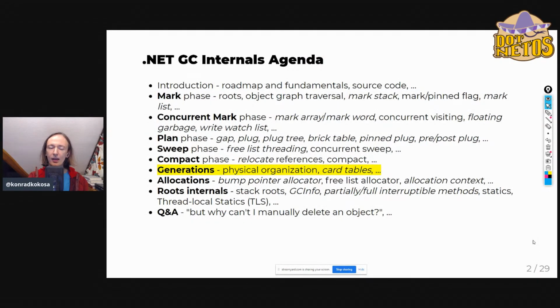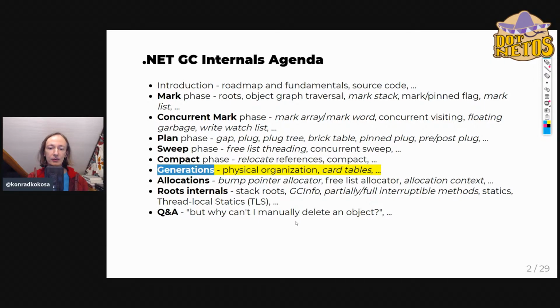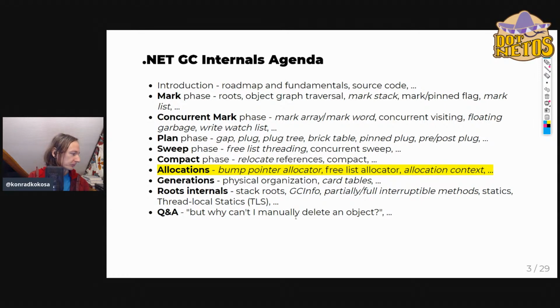So today, during the previous modules, I was presenting this agenda, which was about what I will be covering in this mini episode series, which is not so mini in the end. And then there was the plan to have generations covered today. But I thought, okay, generations are super nice, but before covering generations, it would be nice to cover allocations. So I switched the agenda, and today we will have